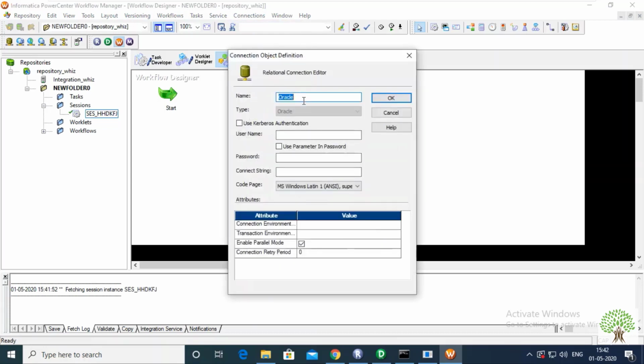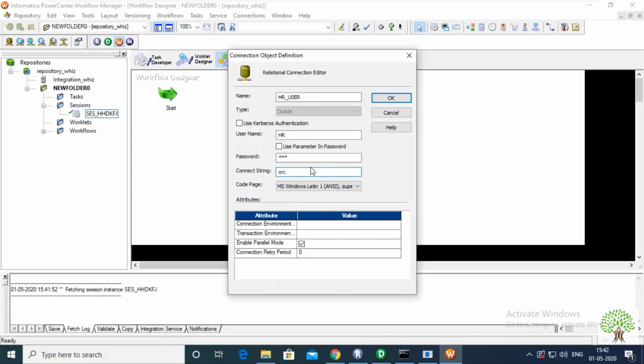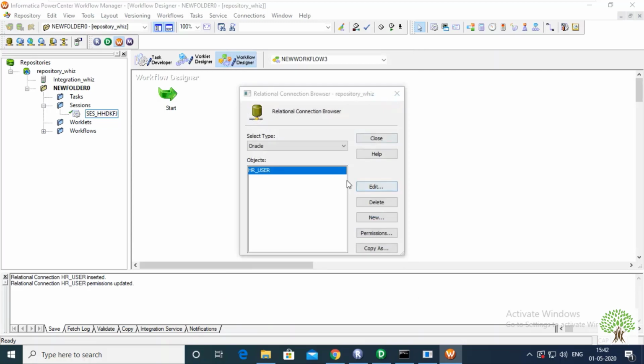Here it will ask for which user you want to create a connection string. First of all, I'll create it for the HR user. The username is HR, the password is 411, and the connection string is this one. Done. Permission updated.